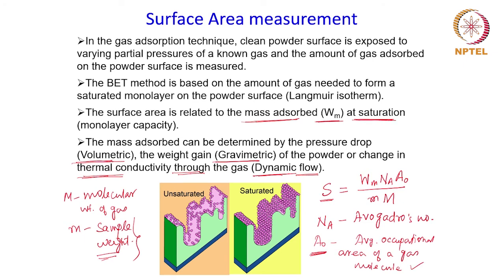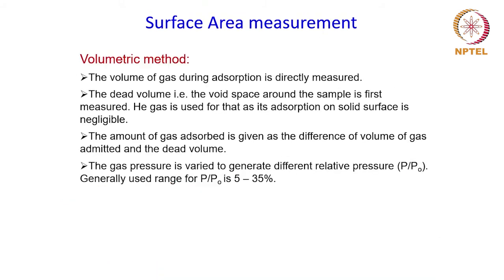So these three methods that I mentioned will be discussed one by one separately, and we'll see how each of these methods is performed to obtain this amount adsorbed for the saturation. So let's talk about the volumetric method first. In this technique, the volume of the gas during the adsorption is directly measured, and in order to measure the gas adsorbed,